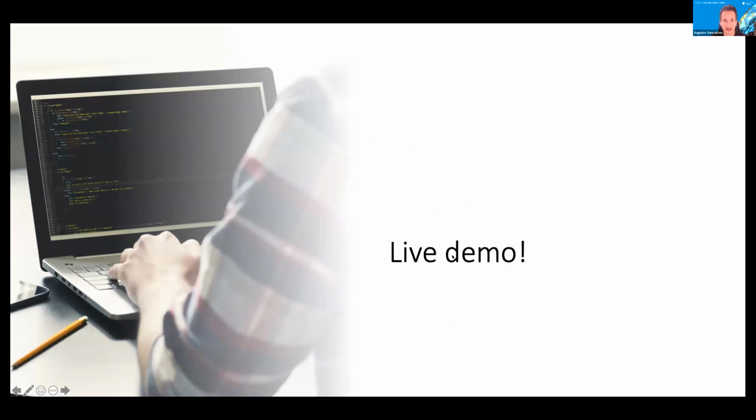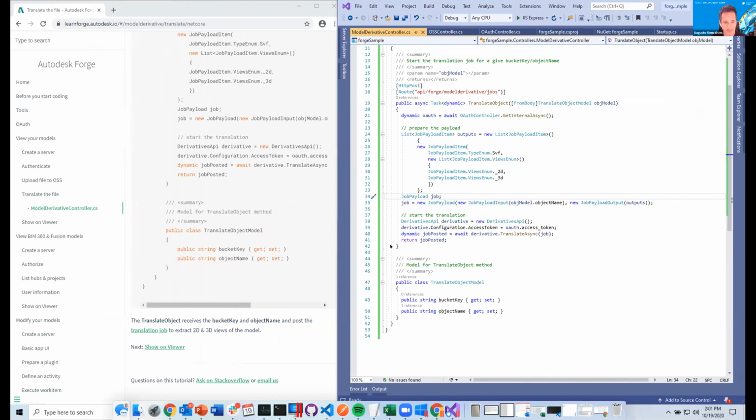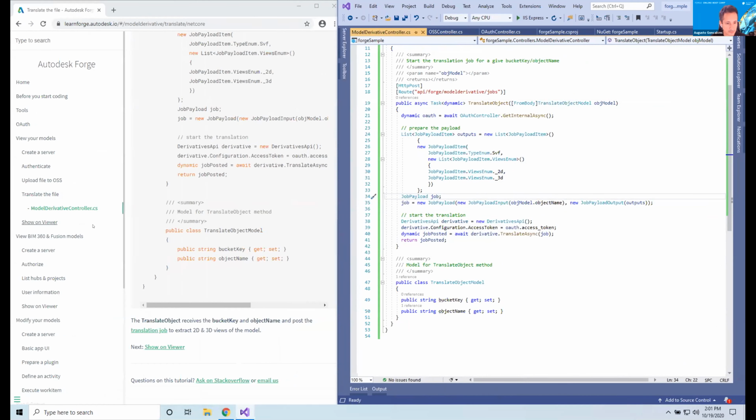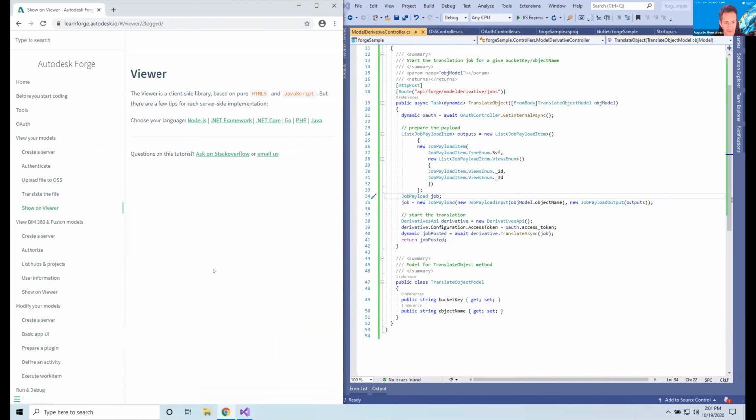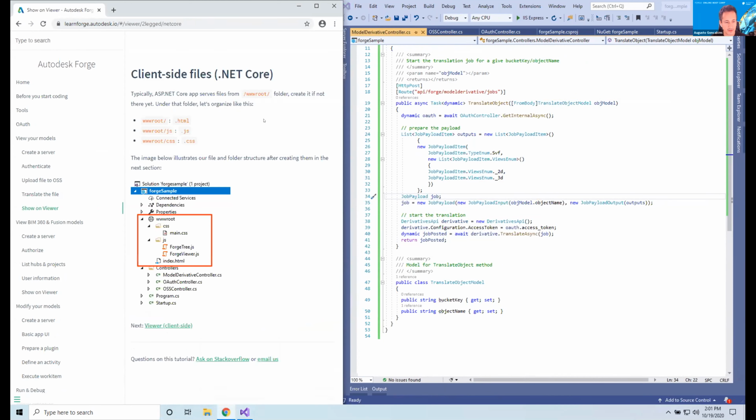So let's do it. This is the live demo. Let me move here, and let's move to show on viewer and select .NET Core. Depending on the language we have, in this case .NET Core, we have different ways of structuring the static